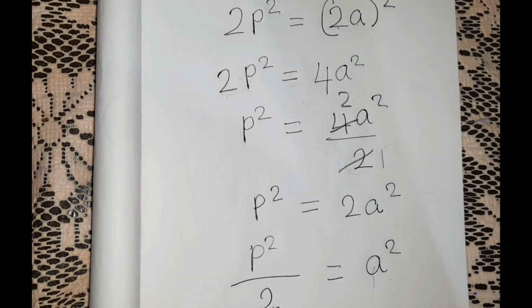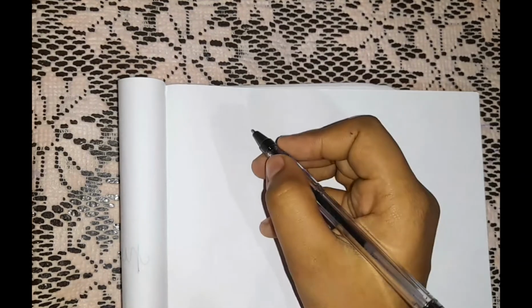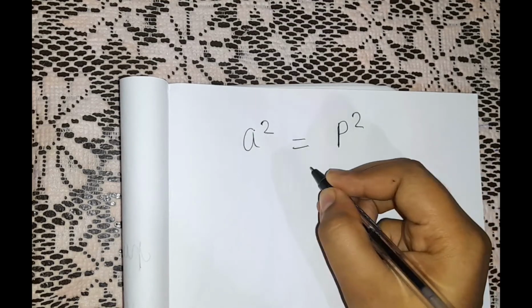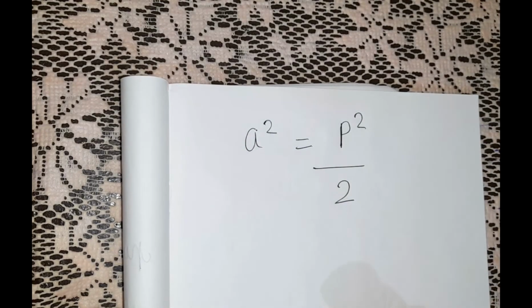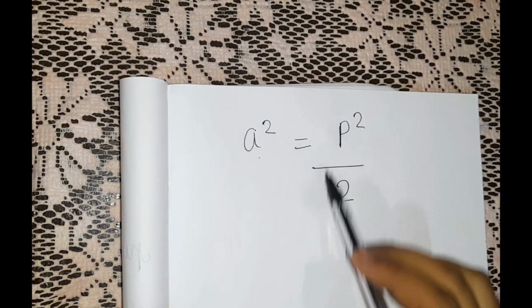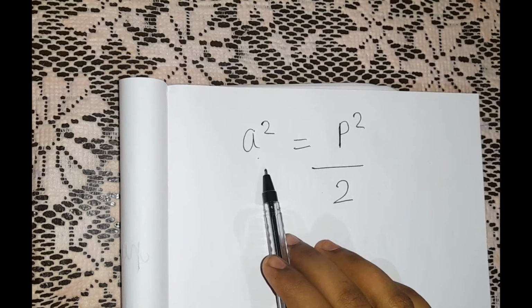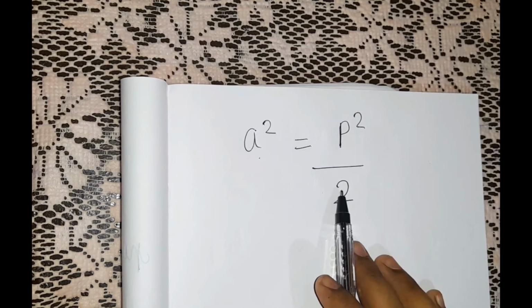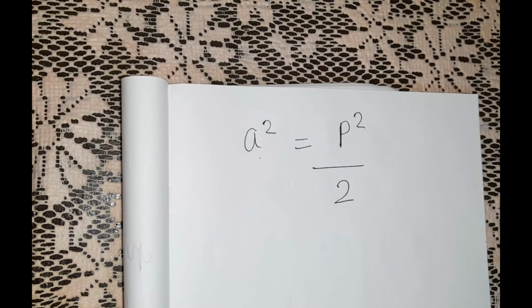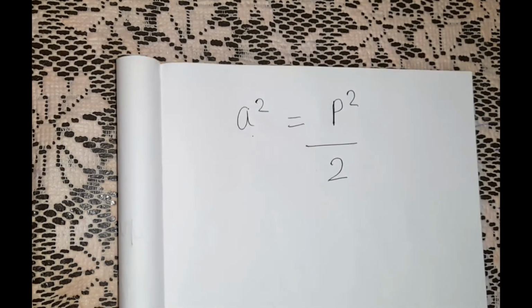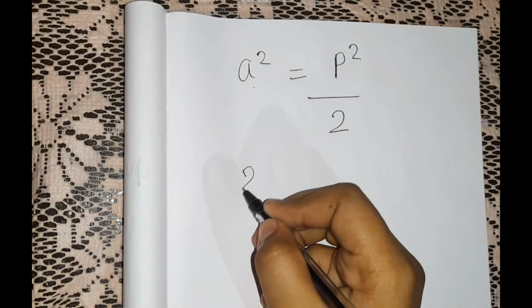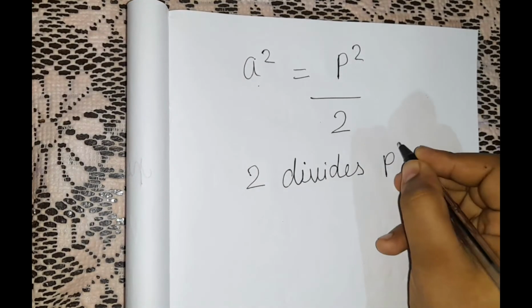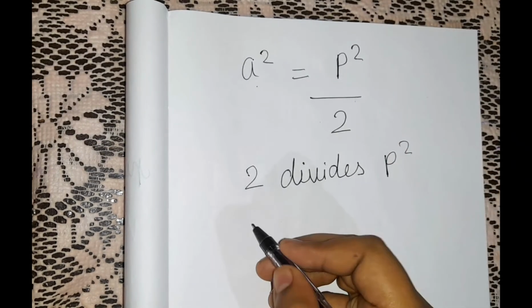So now we shall write a square is equal to p square by 2. In the previous step, the a square was this side and this form was this side. Okay, so I just put it the other way around. I brought the a square this side and the p square by 2 this side. Okay, that's because it should be on the right side. Why? Because we should divide it, right? So now we shall write that 2 divides p square. So of course it divides p square and 2 divides